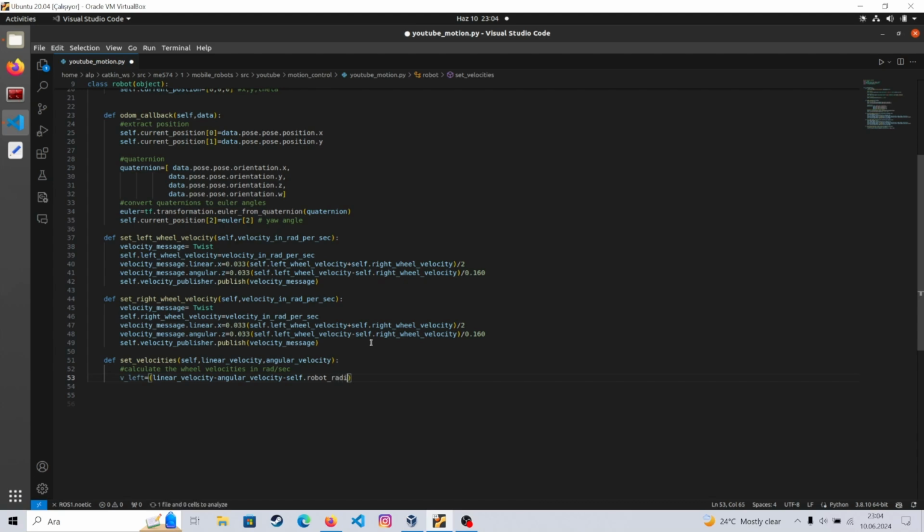I forgot it, sorry. Radius. It was around 0.33 probably. Or self dot wheel radius. I just don't want to use the 0.160. It's more hard coded. I like it that way. So the left, and this is just v right, but this time this just has plus. And now these are all the same, and we will just publish